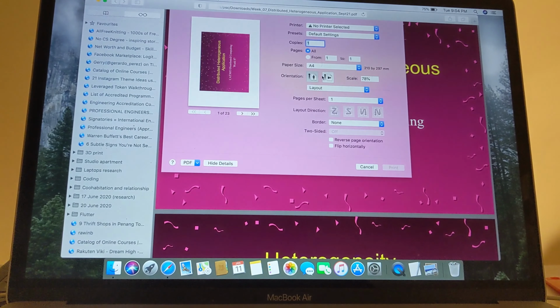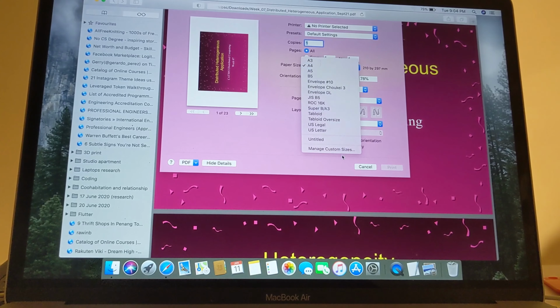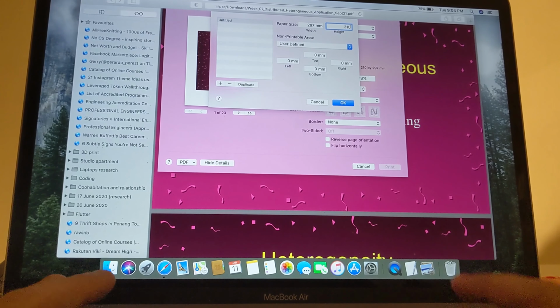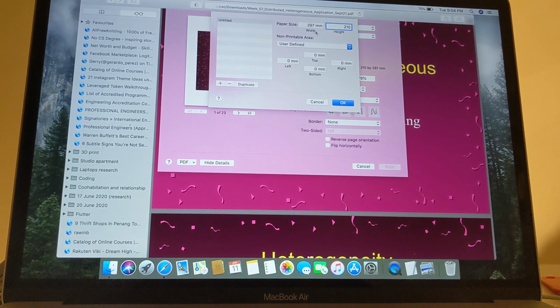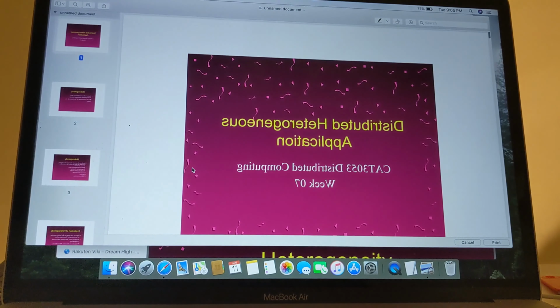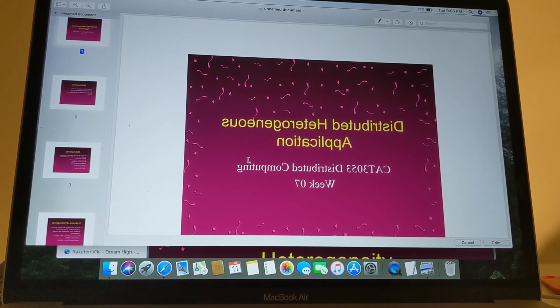So to solve the orientation problem, you then can go ahead and manage custom sizes and create a new size that is A4 landscape. So 297 width, 210 of a height. Okay. And then flip horizontally, open in preview, and there you go. So that is how you flip horizontally PDF files in macOS,